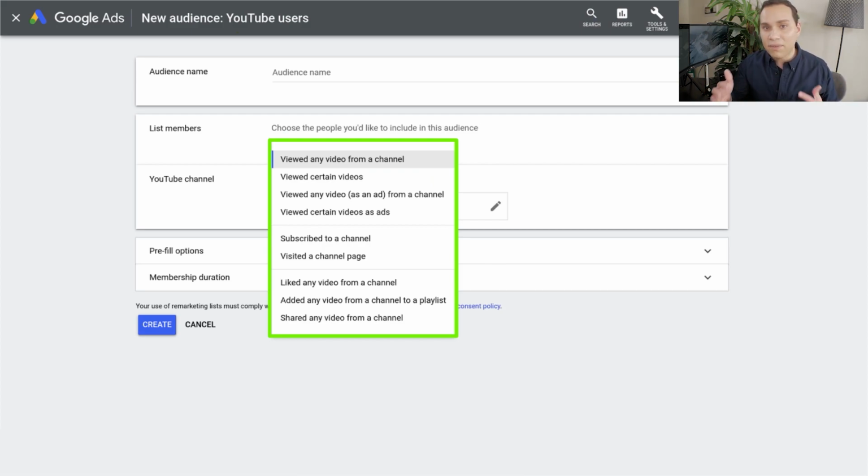Now, unless you have hundreds of thousands of subscribers and you're getting millions of views per month, the only thing that you really want to use here is people who've already viewed a video on your channel. All of the other options are awesome and great, but they're going to take a really long time before they're actually going to be usable, let alone profitable. One of the things that's really important with remarketing audiences is the smaller your audience, the more expensive it's going to be. So if you have 5 videos, and you say only people who watch these 5 videos, well, you're going to pay something like 50 cents per view, right? Because you're being so specific.